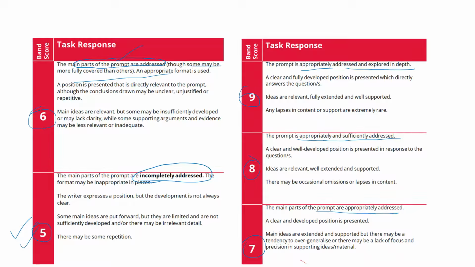So basically if you are only looking at some words and not all, you will not get more than band 5 in your TR. So if you are not getting more than band 5 in your TR, you will not be getting band 7, or basically any score that you are looking for more than 6. Okay, so you will be stuck at 6 or 6.5, you will not be getting 7. I don't think you will even get 6.5. So you have to be very careful about that. All right, so moving forward,